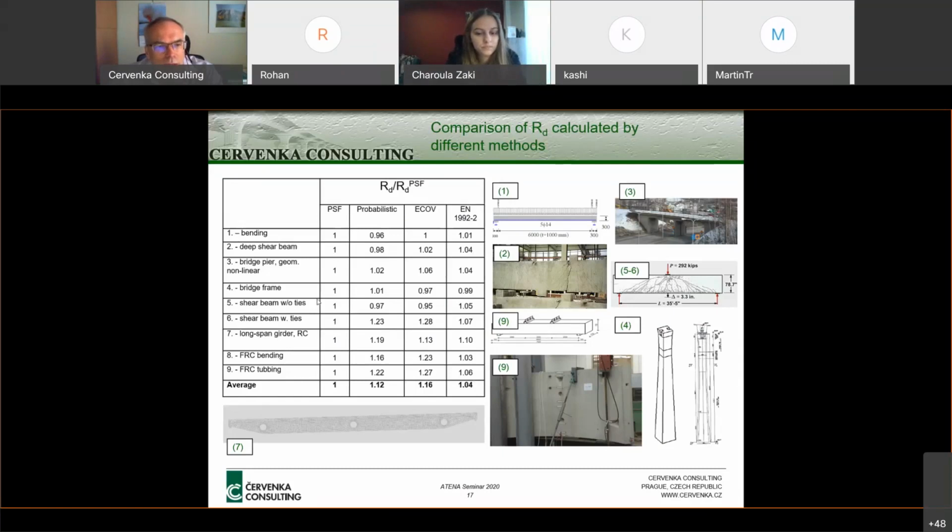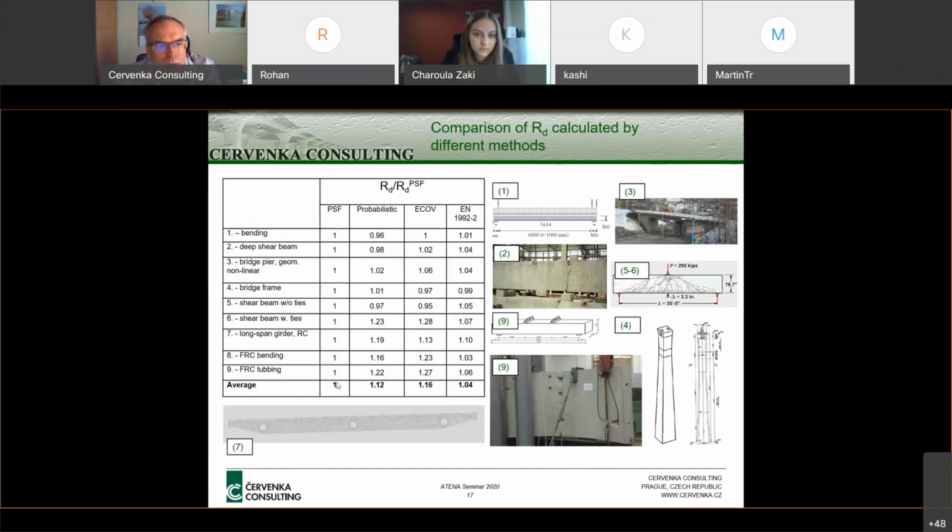And the results here, this is basically a table showing the design strength of these structural elements. It's like a global strength of these structural elements. And now they are normalized. To be able to compare it easily, they are normalized with respect to this PSF method, the partial factor method, where we use material parameters divided by the safety factors, partial safety factors. So you can see